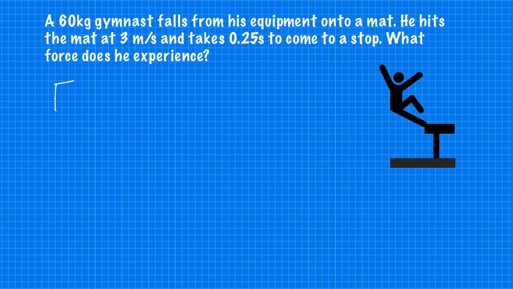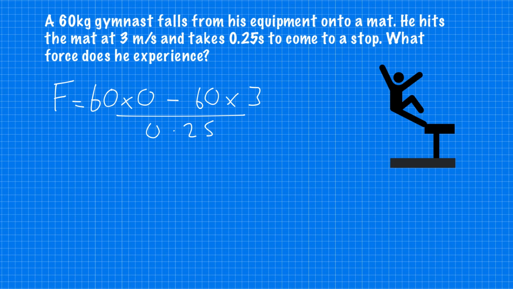So let's have a look. We know that force equals his mass times his final velocity. Remember, he's coming to a stop. Take away his mass times his initial velocity, which is when he hit the mat, which was 3 meters per second, divided by however long that took, which was 0.25 seconds in this example. So we have our force equals minus 180, because this is 0, so it just disappears. If you multiply anything by 0, it becomes 0, divided by 0.25, which gives us a force of